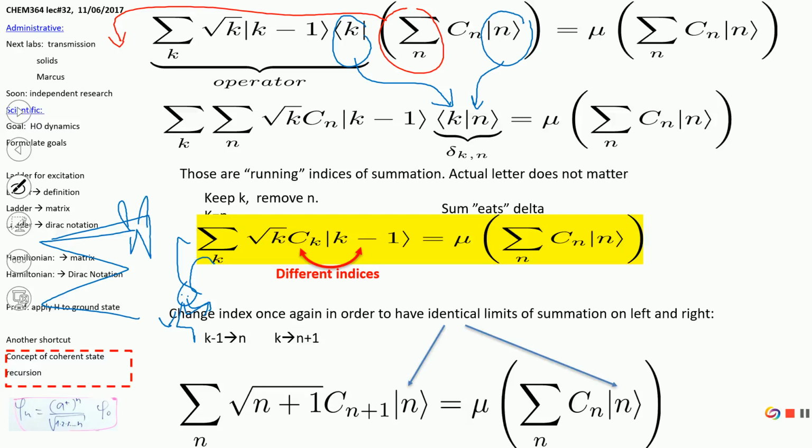Like, if we replace k minus 1 with m, it means that if you flip this minus 1 here, each k should be replaced by n plus 1. Right? So this one will become n plus 1, this one will become n plus 1, and this one will become